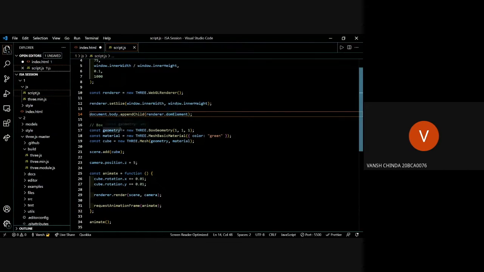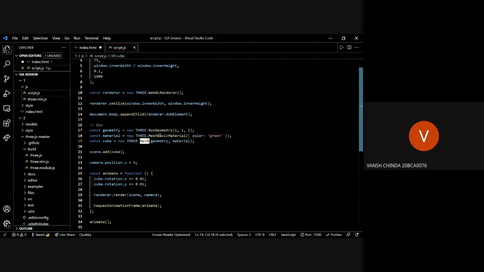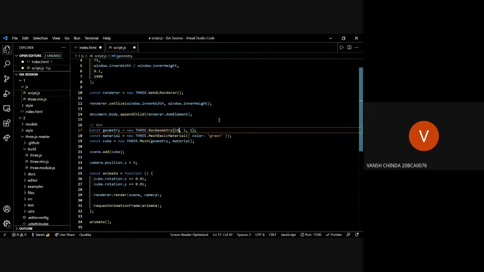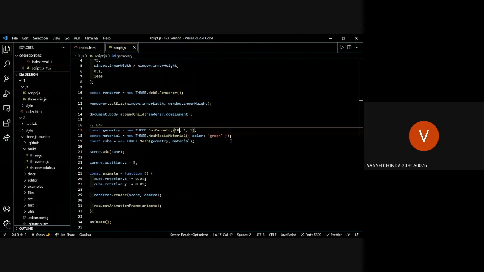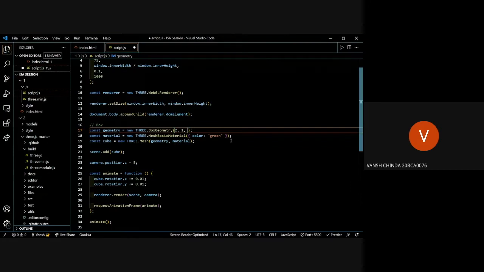So what is a box? We'll create a box. We are basically creating a mesh here, like I explained before. Geometry and material, what are these two? Geometry defines the dimensions. If I change this to 10, and the other two are 1, see what happens. The x-axis got really big. This just explains the dimensions of a box. Let's try another value. It's a rectangle now, kind of. Let's keep it at 1 each. Equal, it's basically a cube.